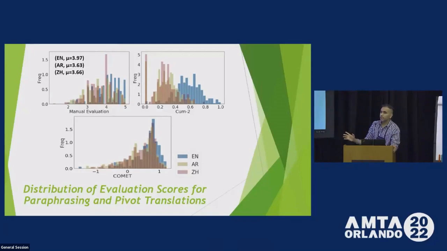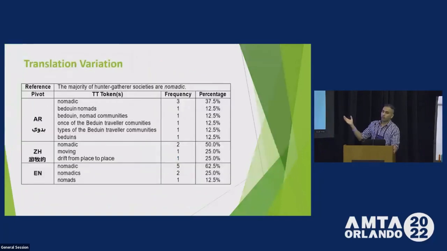But with that being said, we see that the different pivot languages have similarity of distribution, but that means they have maybe similar quality, or would that affect the patterns of translation? So to look into examples, we can see here that the source word nomadic in this reference segment was translated literally by the monolingual English, and in all cases, so